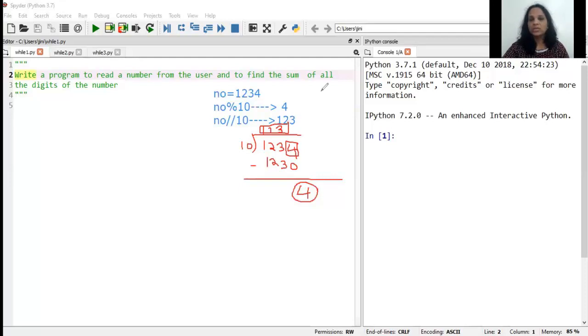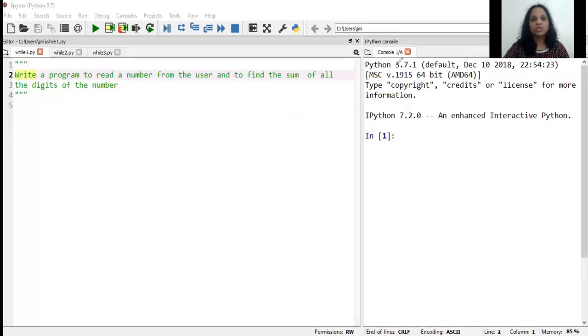Now, to understand that, let me just come back to you. Suppose the number entered by the user is 123. What is the question saying? Find the sum of all the digits of the number. That means you want to do 1 plus 2 plus 3, correct?